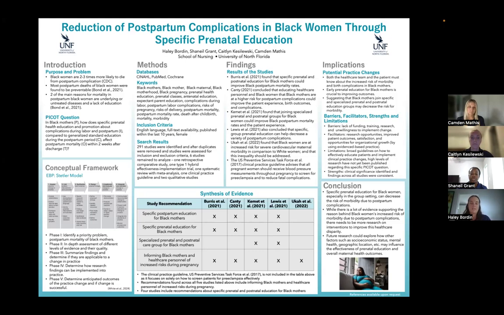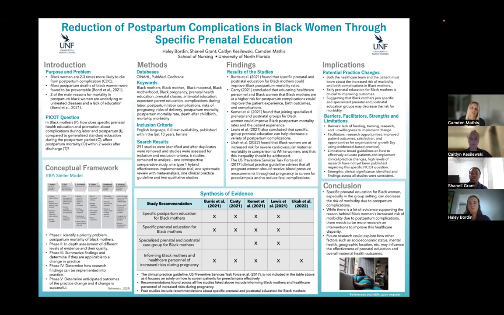Phase 2 was the validation phase, and this is where we found different levels of evidence and basically went through them. Phase 3 was the comparative evaluation phase, or our decision-making phase, which is where we determined the applicability of our evidence that we found in phase 2. Phase 4 was translation, where we determined how our research can be applied into practice or a real-life setting. And then the final stage was the evaluation phase, where we measured the success of our practice change.